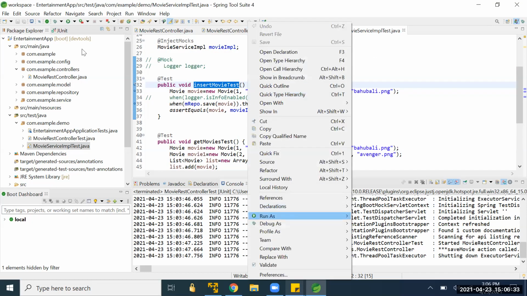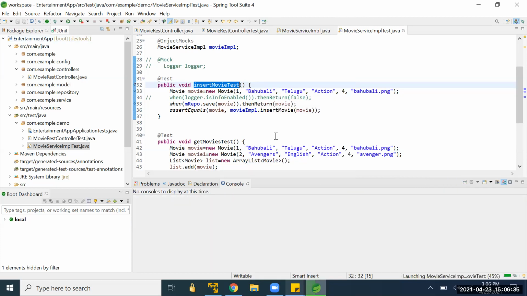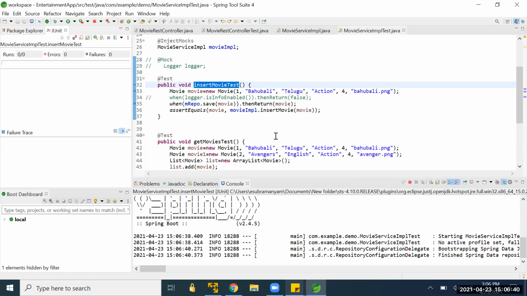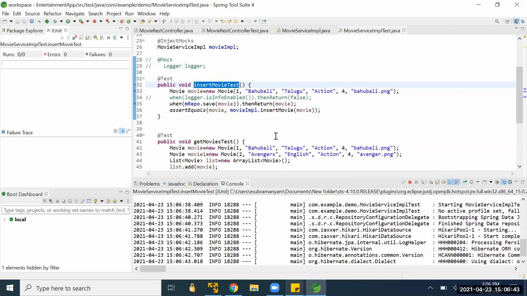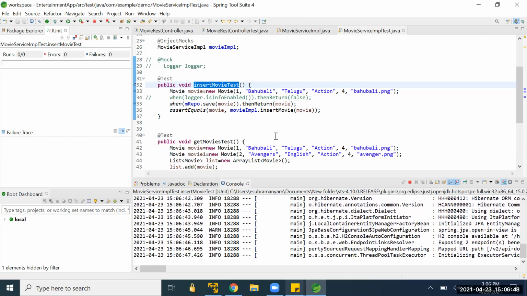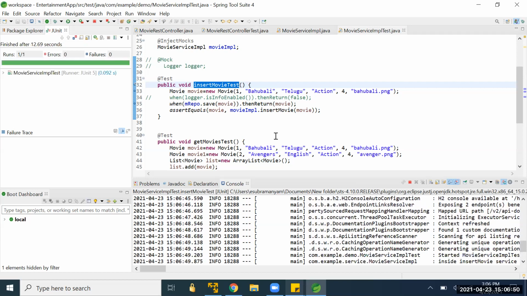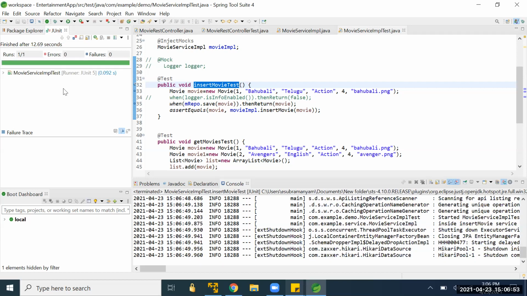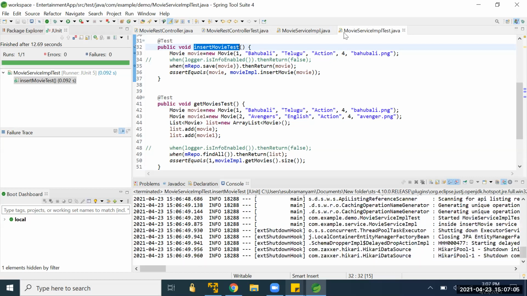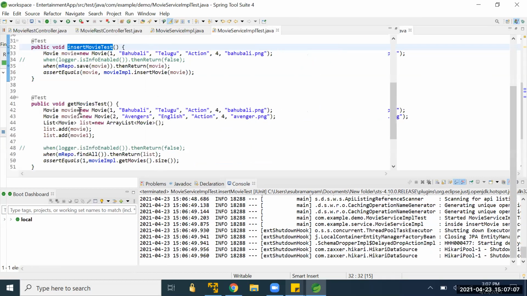Okay, let me run this. Successfully executed. Insert movie test is executed, right? But the other method, why is it not executed? Let me check. It's shut down. Okay, let me enable this.